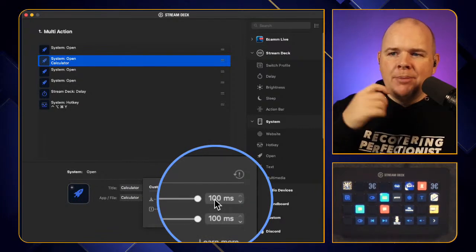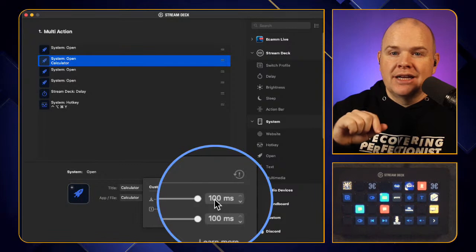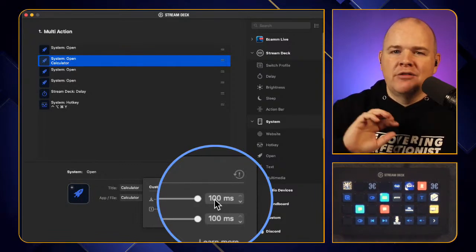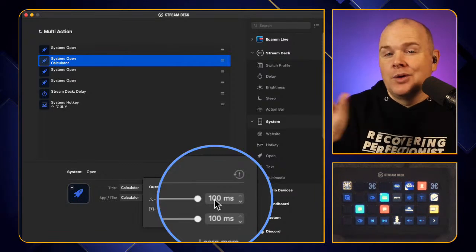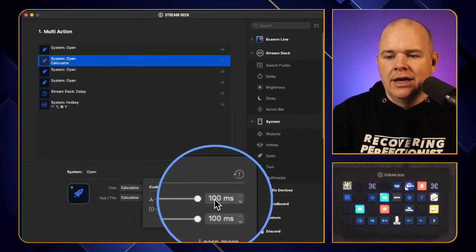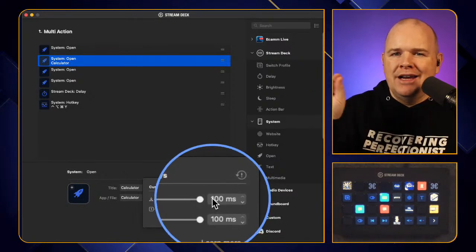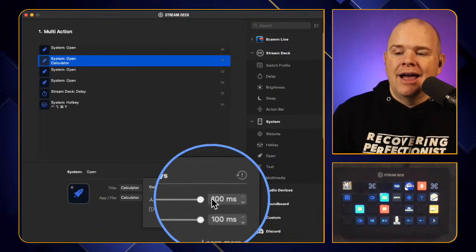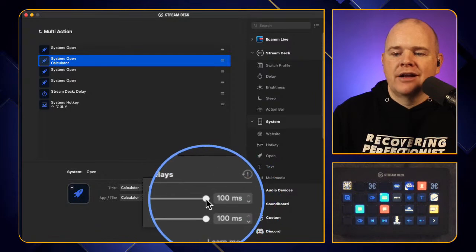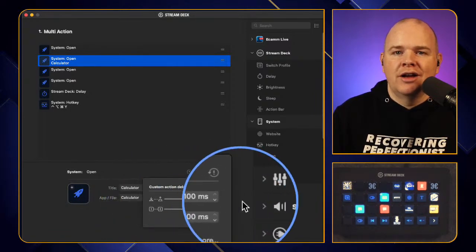So if you think about when you are pressing a key on a keyboard, sometimes if you were to try and do it too quickly, it wouldn't even register that you'd pressed it. And this is the reason why they had this 200 millisecond delay in originally, because they wanted to make it foolproof so that it would always trigger. But if you've got something where it could actually be triggered really quickly, then you can move this slider down from 100 milliseconds all the way down to 1. So, effectively just